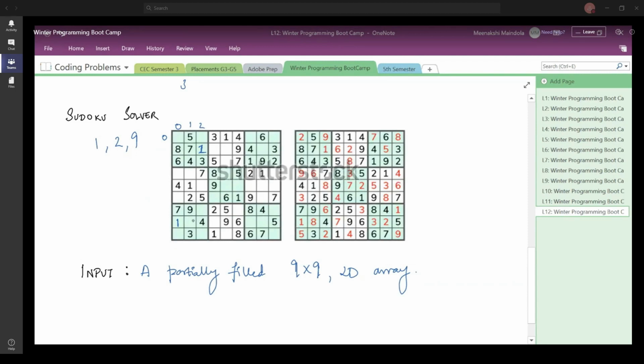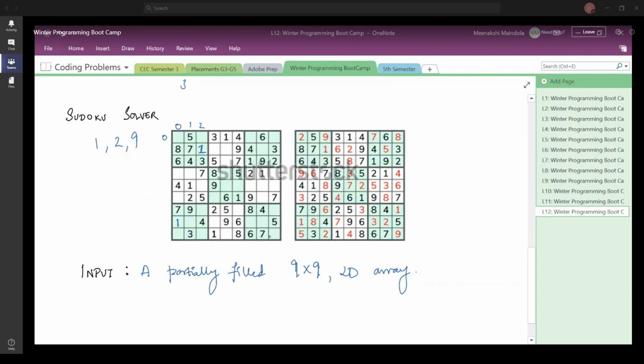Now let us fill another value. Let us say that I have 1 in this submatrix, I have 1 in this submatrix, but I do not have 1 in this submatrix. So I cannot fill 1 here because it is already in this row.